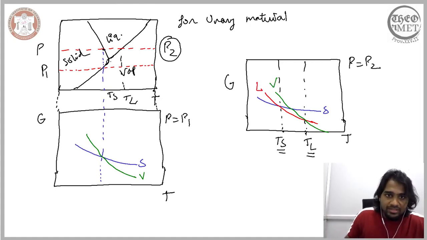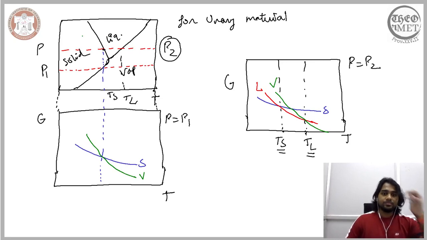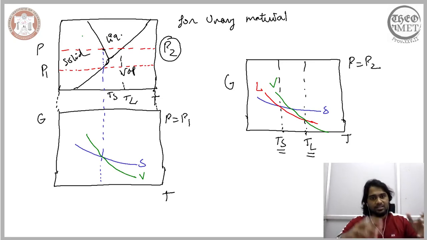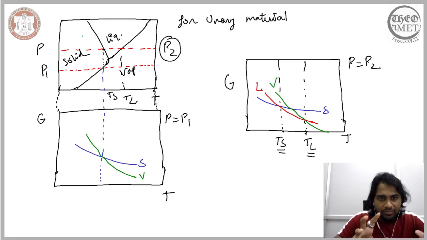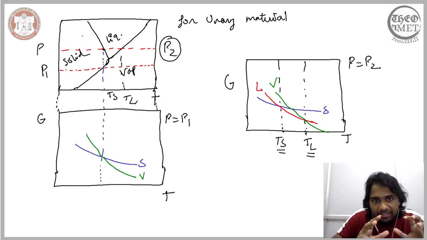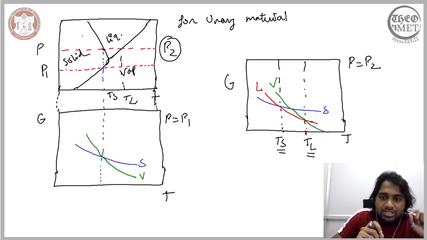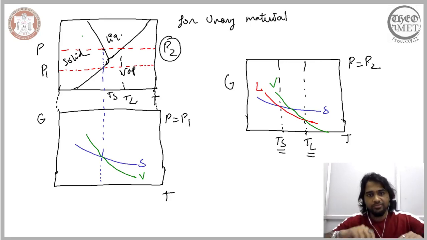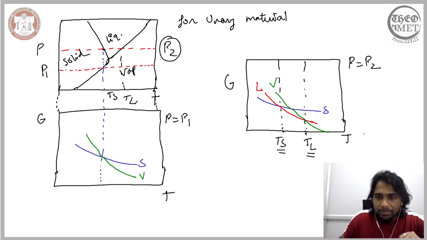So we have considered three different states of the system, and your phase diagram gives us which phase is stable for a given combination of temperature and pressure. From that phase diagram we are able to understand how the Gibbs free energy changes, the trend in the change in the Gibbs free energy with respect to temperature, by assuming a specific pressure.